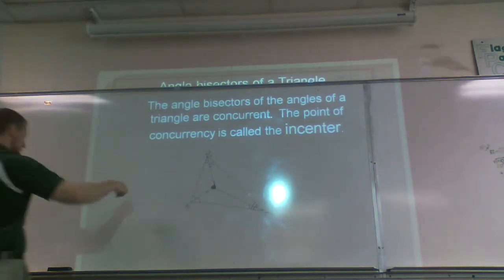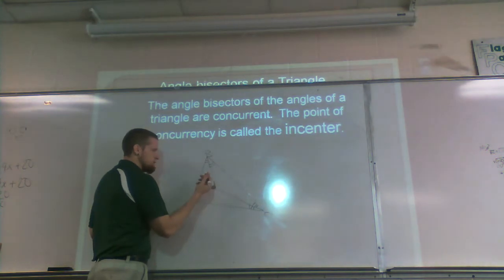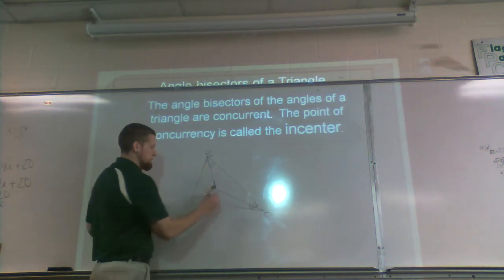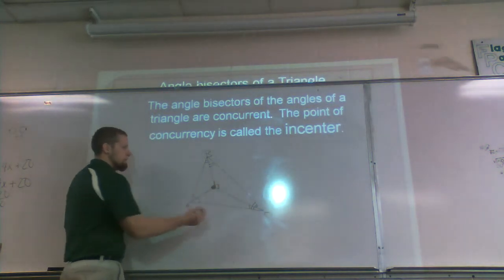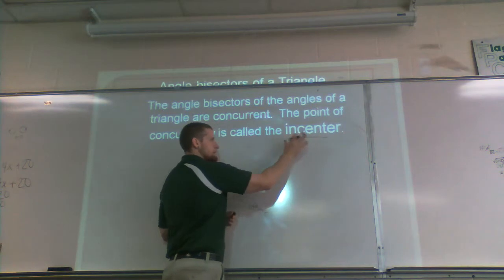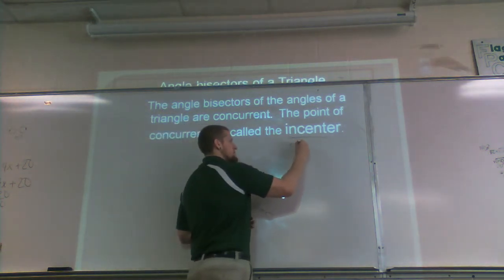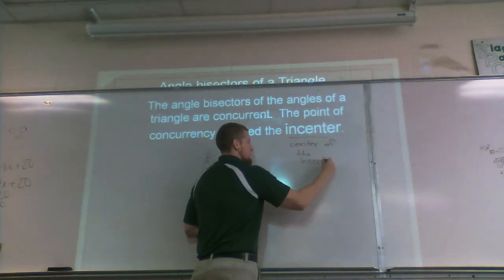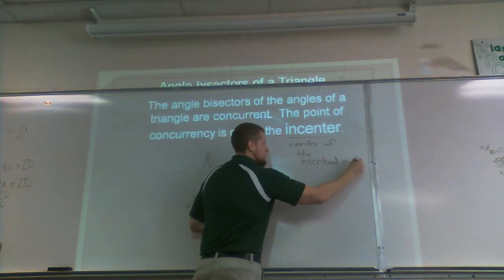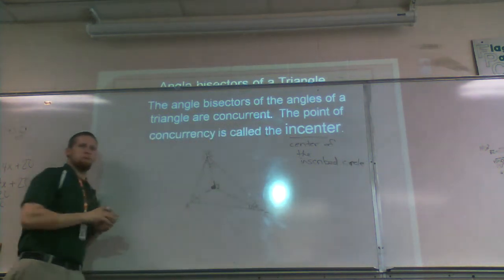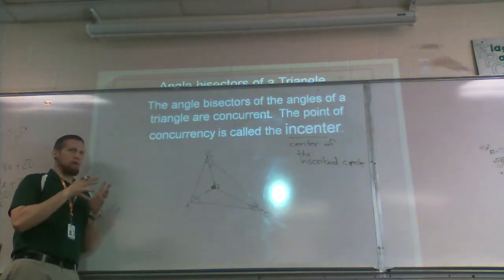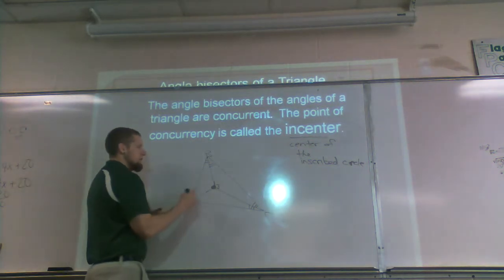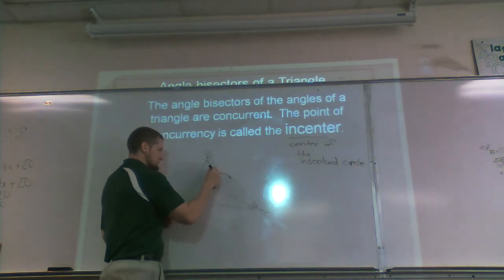This point right here where they come together, which letter you want it to be? Okay, that point right there is now called the incenter. That in the word is formed because that is the center of the inscribed circle of that triangle. So it means, again, for these problems, basically what I'm doing, like I said at the beginning, is I'm looking for radii, things that are the same. So that means if I inscribe the circle here,